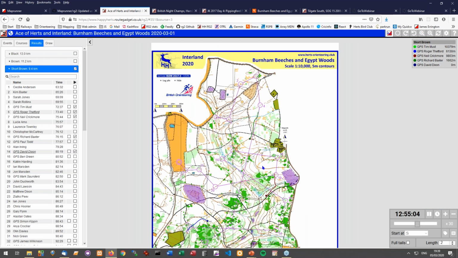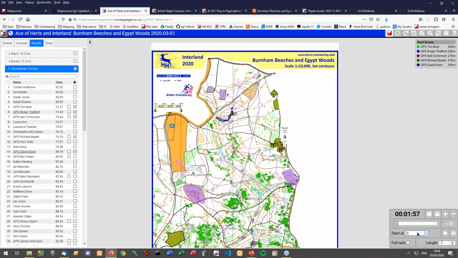I was talking to someone again at the weekend, and they're saying, oh yeah, this is really useful to find out who it was that you were running with at a particular time. I'll show you a much simpler way to do that in a minute, but this is one of those ways. So this can show you in real time who was where. Let's go back to normal time.